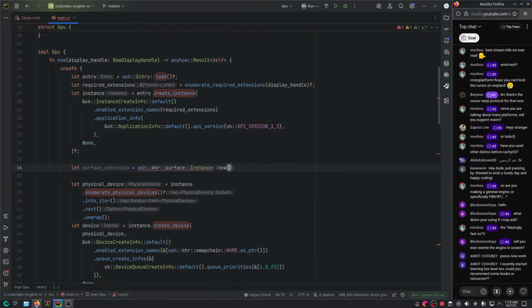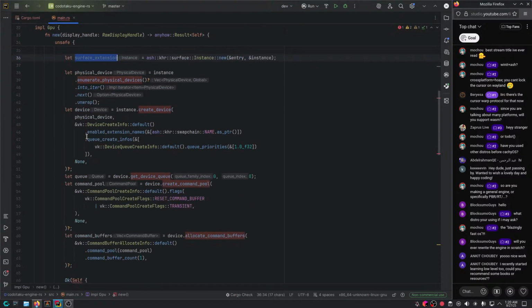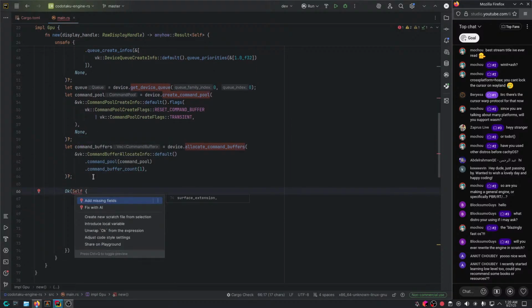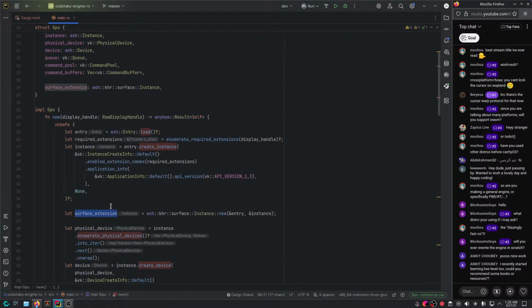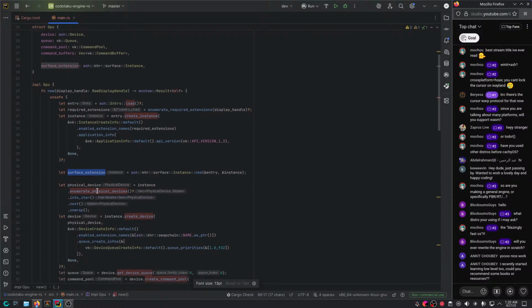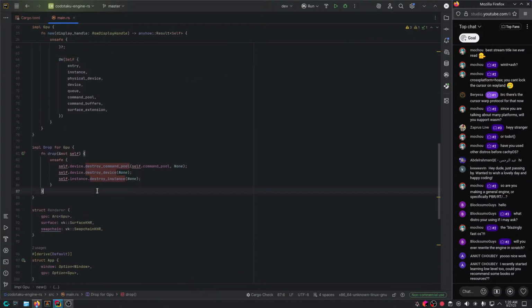Let's see what we need. So new, we give it the reference to an entry, and then a reference to probably an instance, right? Is that the case? Yep, pretty much. And here we could just pass it up, add the missing field. Now we got the surface extension. Perfect.